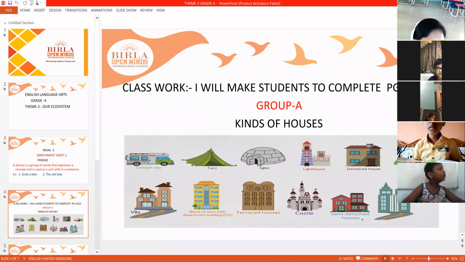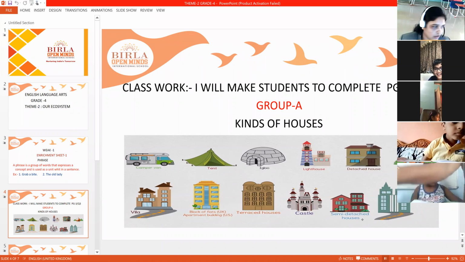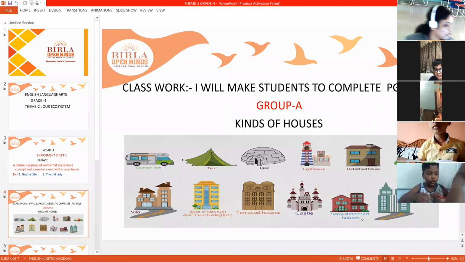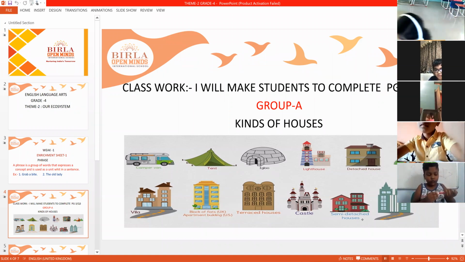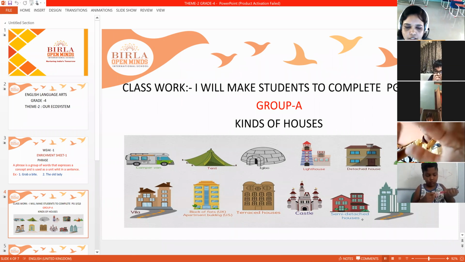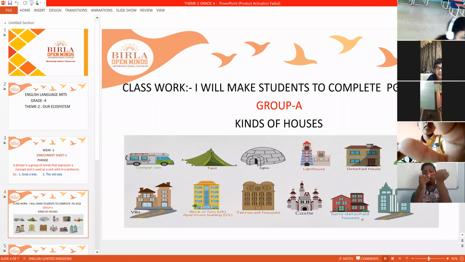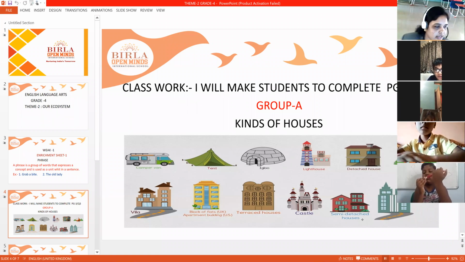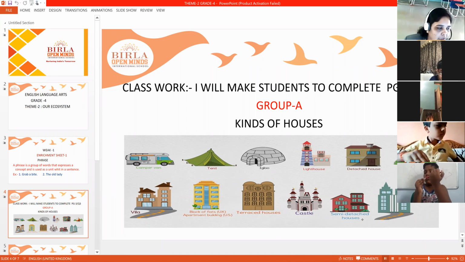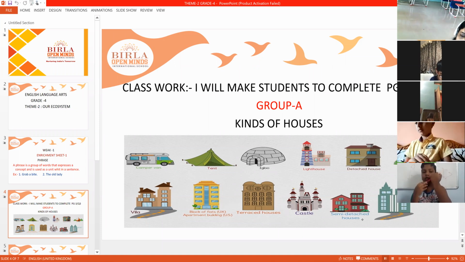Kinds of houses. Can you see there are some different types of houses? A house which can move on wheels is a camper van. Can you see this camper van here? This is a camper van.